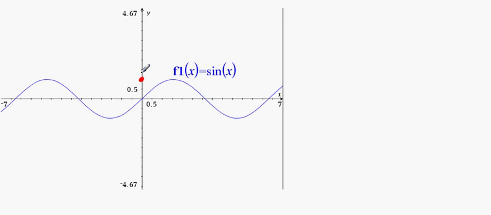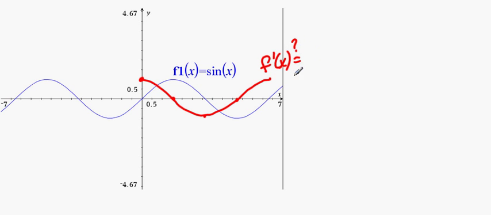And then I come over a little bit to where we have pi over 2, and that's flat. That slope is 0. And then I come over here to this place where we cut the axis. This is about pi, and the slope here looks like it's on a 45-degree angle the other way. That slope is -1. And then we come over here where the tangent line is flat, and we're up to 1, and then similarly, and you end up with something that looks like this, and you wonder,